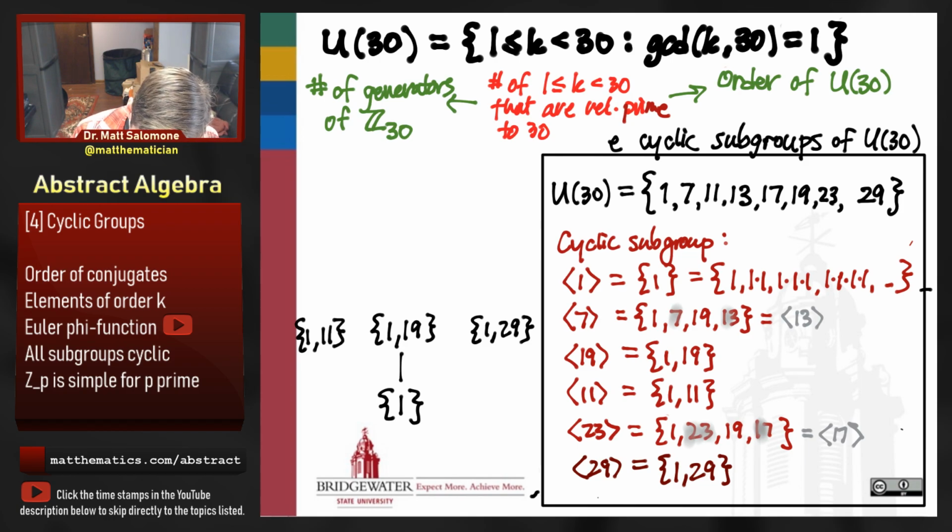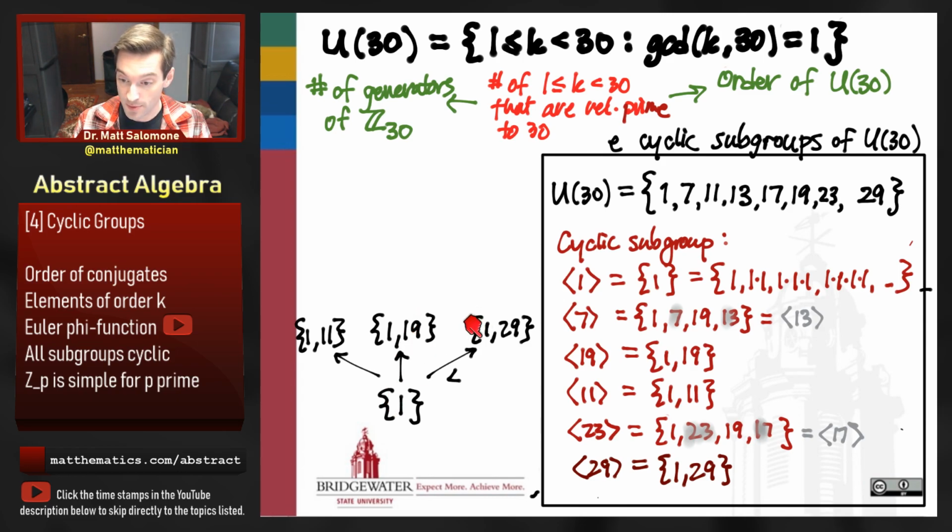And I'll just draw little lines here. You can think of them as arrows if you like. They're subset arrows, really. But we can show that they're more than that, because a subgroup of a subgroup is still a subgroup. We can think of these as being subgroup arrows. So this one is a subgroup of this, and it's a subgroup of that, and it's a subgroup of that, and so on and so on.